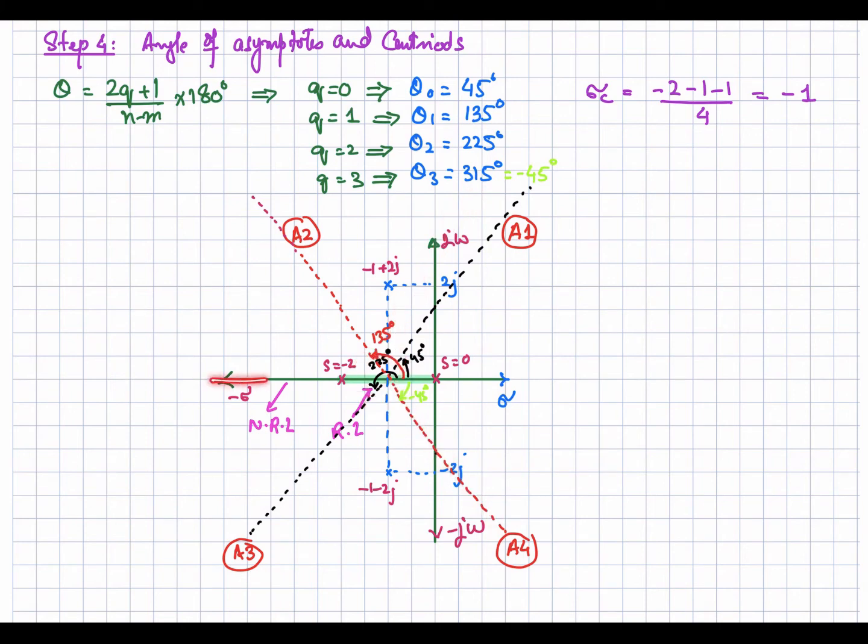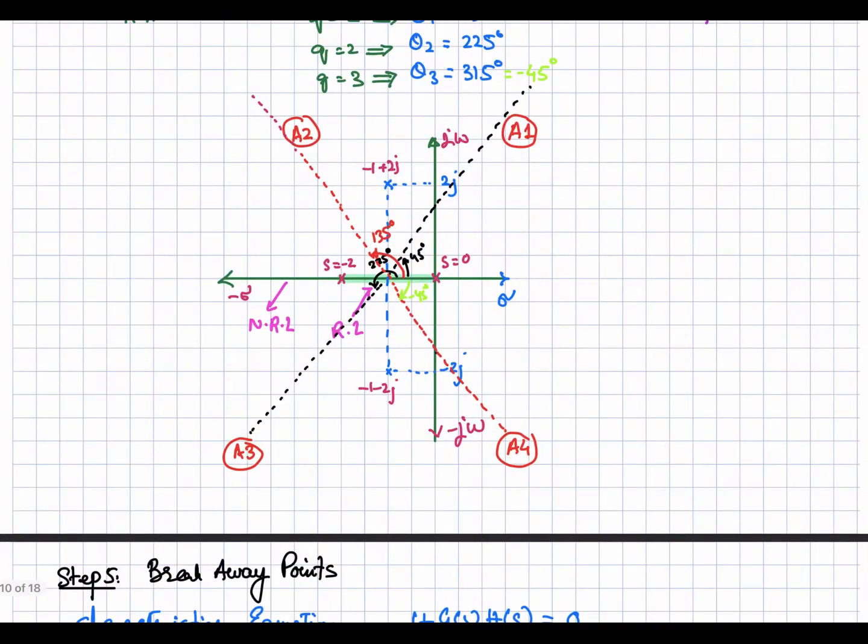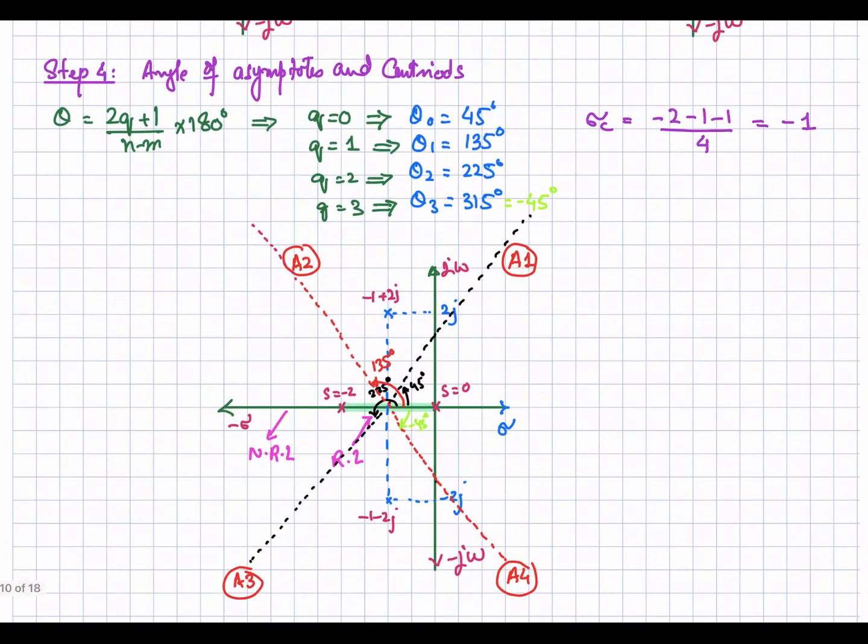So you know that the root locus is always symmetric about the real axis, so whatever you have in the upper s plane, the same you have in the lower s plane, two asymptotes. Okay, now let's calculate these j omega crossovers, where the closed loop poles, moving along these asymptotes, will cross this imaginary axis. Before that, we need to look at the breakaway or break-in points. Breakaway definitely.